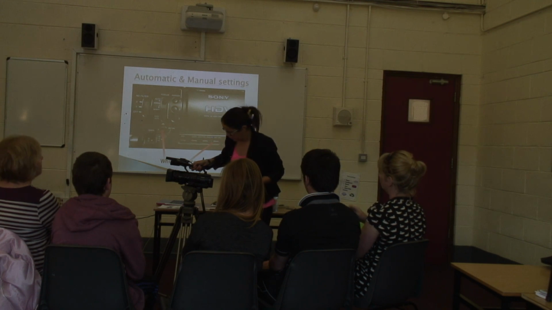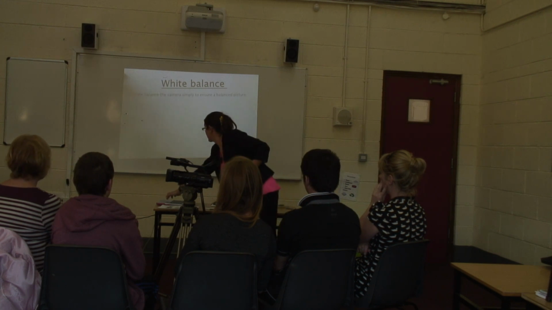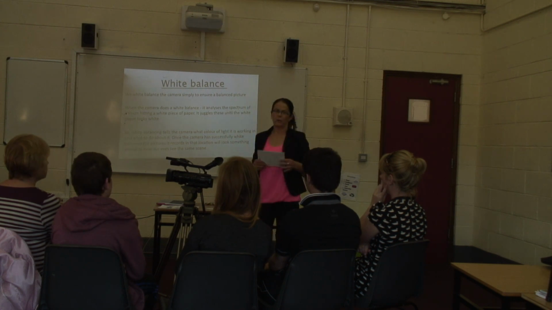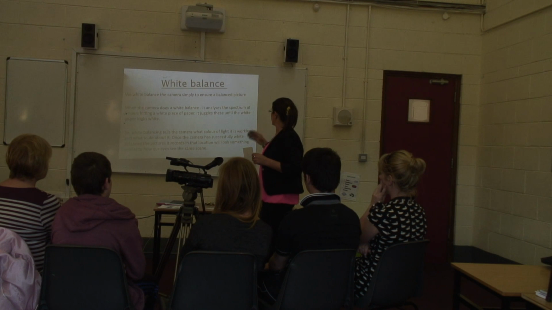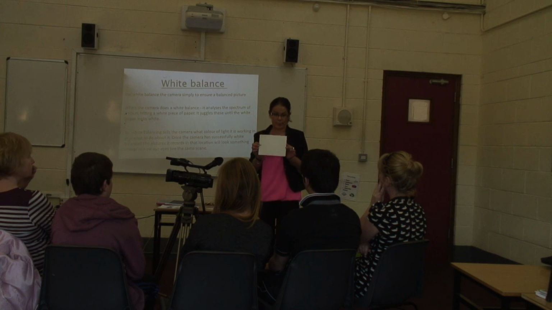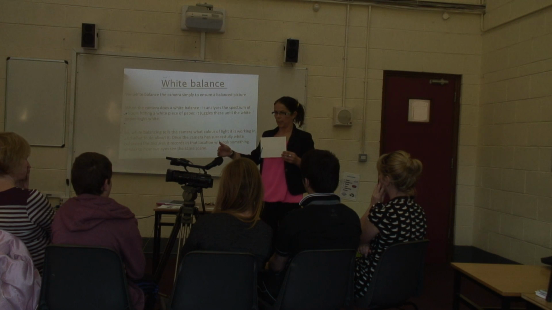So the setting that we're going to tackle today is white balance. So why do we white balance? We white balance the camera in order to balance the picture that we are taking. This is your white balance card. You stand in front of the camera so that you are telling the camera what white is. You have to set it to indoors or outdoors because the light consistency is different everywhere you go. So if you're outside, you have to change the setting to outdoors and then you white balance the card. You are telling the camera that this is white.